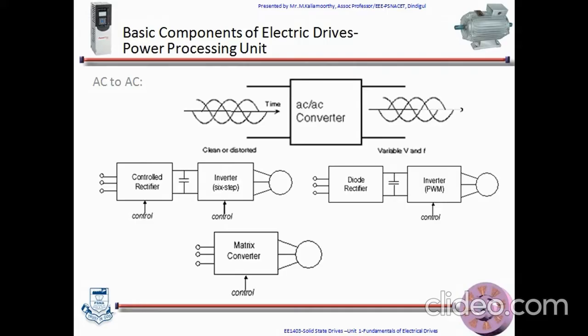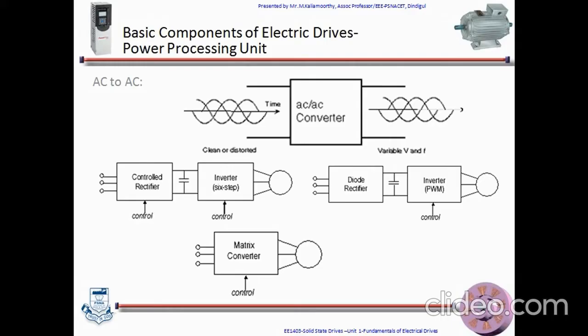And the next method is by having a diode rectifier, I can convert a fixed AC supply into a fixed DC supply, and by having a PWM control, I can have a variable voltage at variable frequency at the output side of the inverter. This is another method. The third method is by using a matrix converter, which is the recent technique